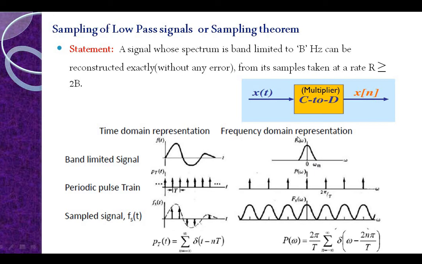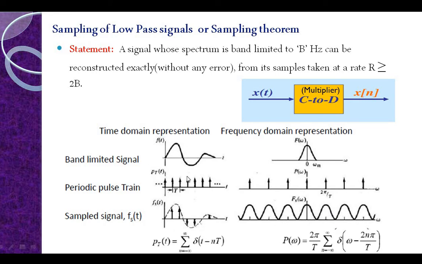So we have given here f of omega. This is your message signal. This is your periodic pulse train. We are applying the periodic pulse train as the carrier input to the multiplier. Okay, then you will be getting the sampled outputs. For every particular interval you will be getting the sample outputs.